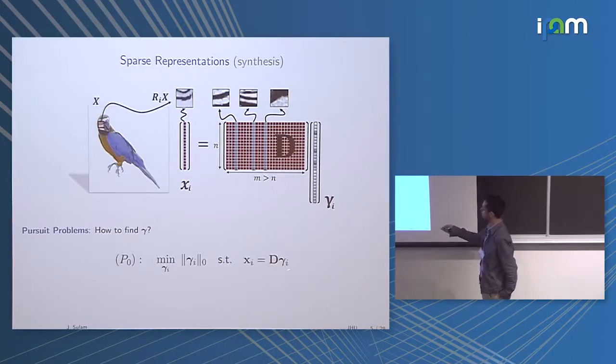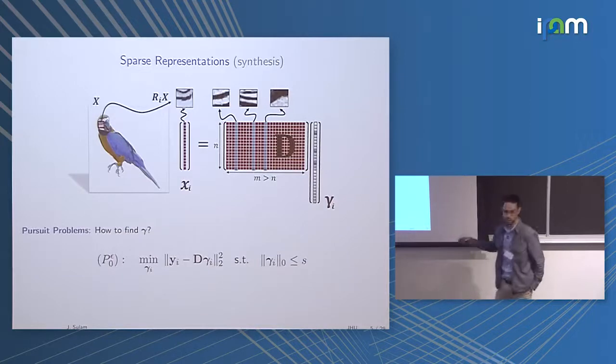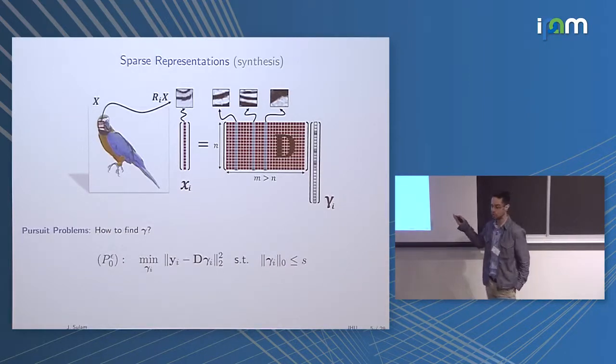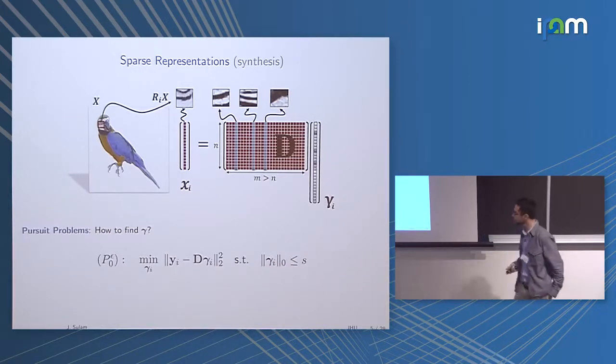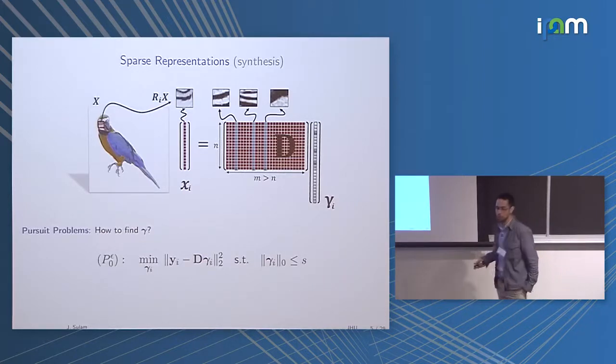And of course, this equality is an ideal setting, so in a more realistic case, you would actually minimize some approximation error with a sparsity constraint. And this error here would account for both noise that you have in your measurements, as well as model deviations, because models are not perfect. The problem is that this optimization problem here is NP-hard, is combinatorial.